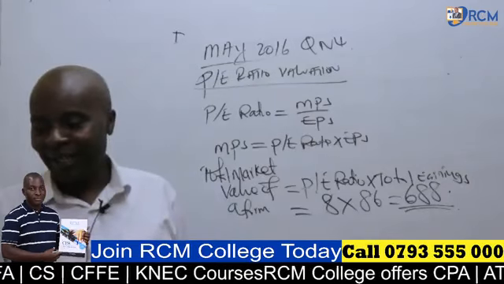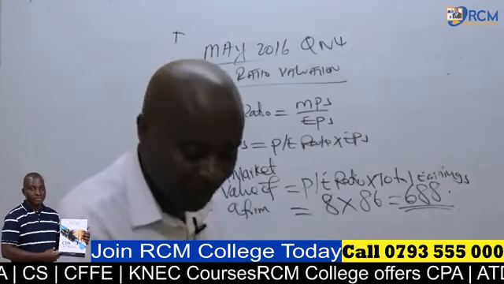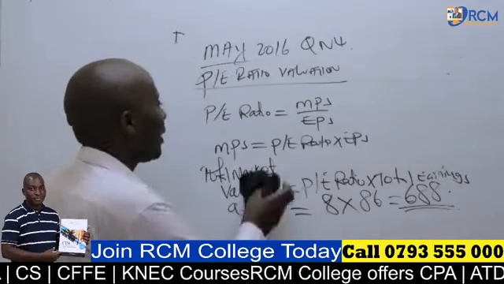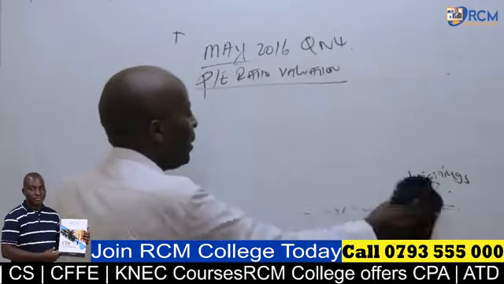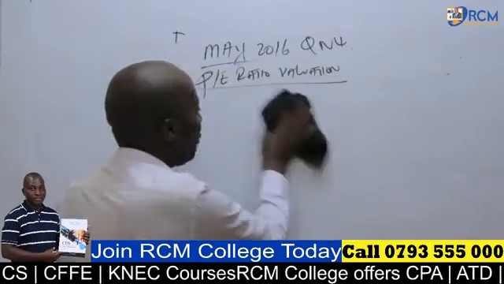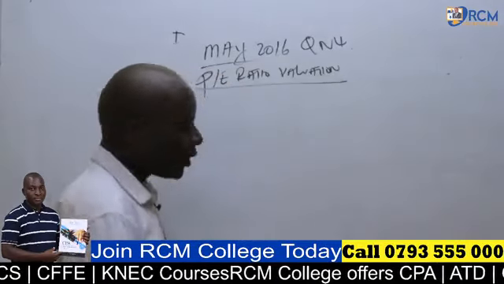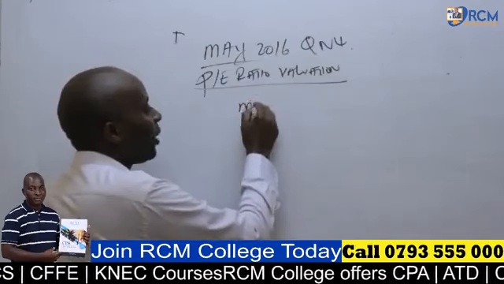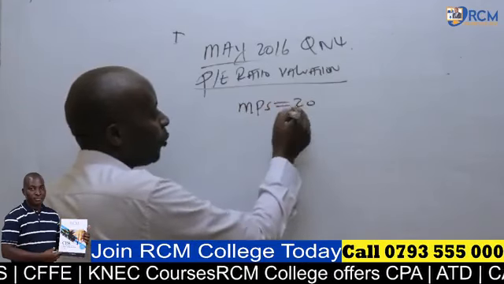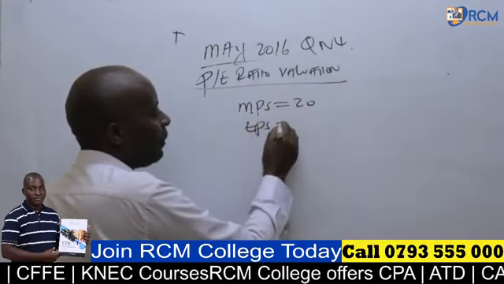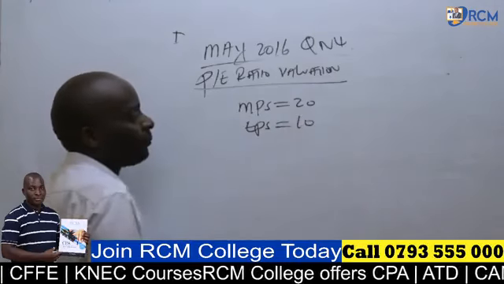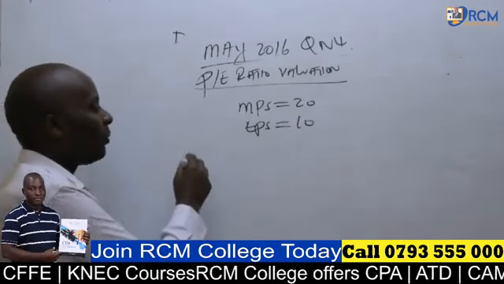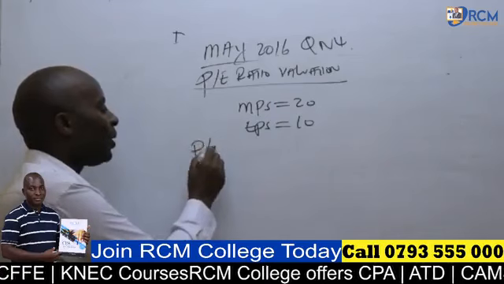Okay, great. Now let me repeat this. This is quite a simple thing. How do we normally get PE ratio? Assuming that an organization has got market price per share of 20 and the EPS of say 10, ladies and gentlemen, our PE ratio